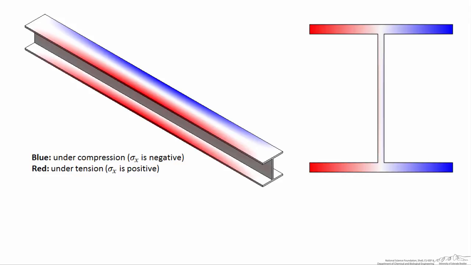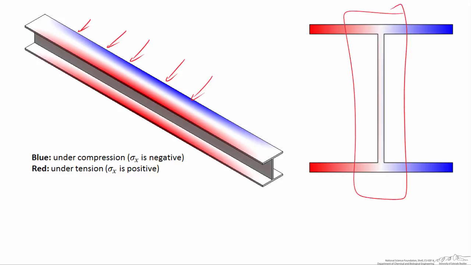Another possibility is to load the beam from the side. So here I've applied a force along the right side of the beam, and if we look at the cross-section, we'll see that the right side of the cross-section is under compression and the left side of the cross-section is under tension. In this configuration, the web itself supports very little, if any, bending or normal stress, and the upper and the lower flanges, there's a significant fraction of the flange that doesn't support any normal stress either. In this configuration, you'd be looking up IY, and when I look it up, I get a value of 241 inches to the fourth power. In this configuration, the flange is only about 1/3 as stiff.